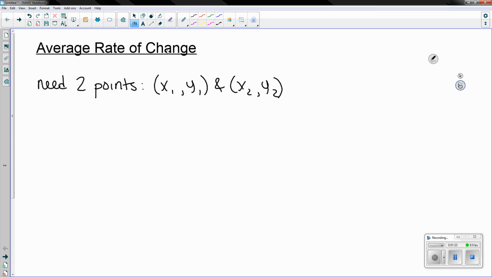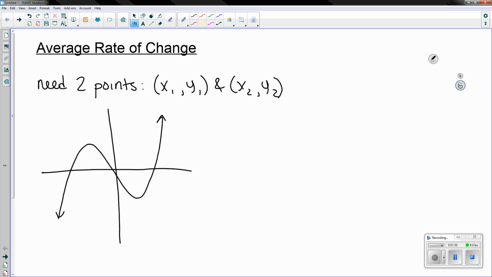Now, what exactly are we doing when we're calculating average rate of change? Well, let's draw a function that has curvature. So what you've been doing up to this point when you're calculating rate of change, which should be a familiar term to you, is you've just been finding the slope between 2 points of linear functions. And linear functions, because they are straight, have a constant rate of change, meaning that the rates of change are always the same no matter what 2 points you're calculating the rate of change between, or what 2 points you're calculating the slope between. But when we look at a function that has curvature, which will appear often in our